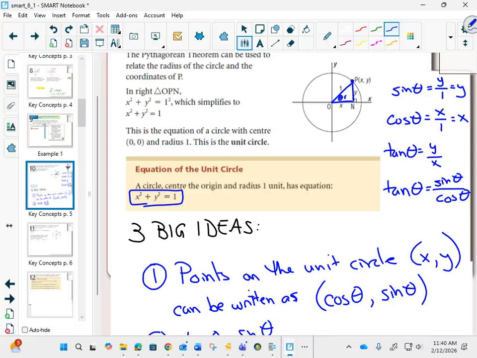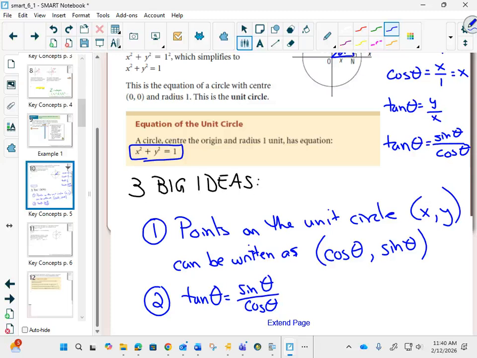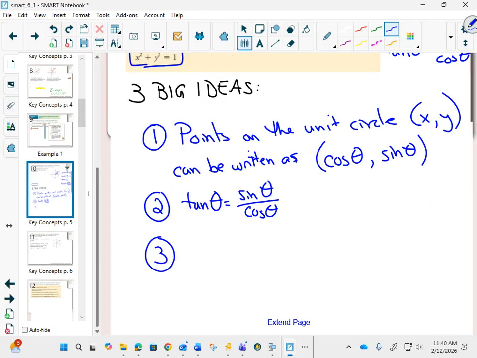So here, if I'm starting at 0, 0, I would just have this length is x, this length is y, my radius is 1, x squared plus y squared equals 1 squared. But that then gives us big idea number 3. If the equation of the circle is x squared plus y squared equals 1, and x is cos of theta, then cos squared of theta,